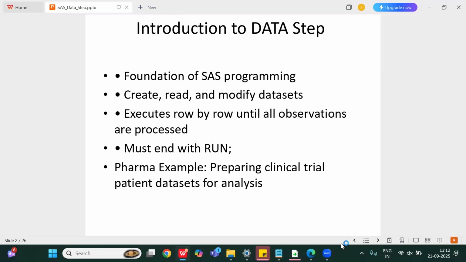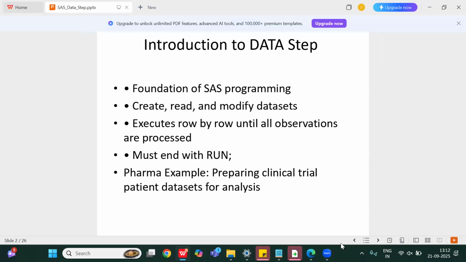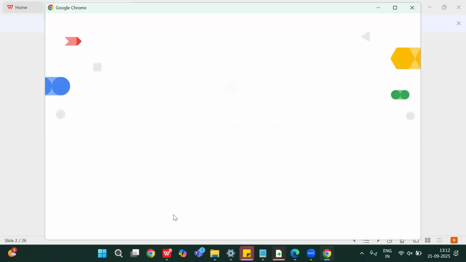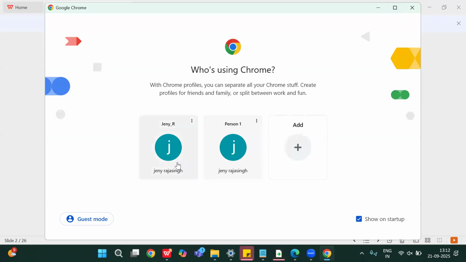First we will see about the data step. What does data step mean? I will open my SAS software and then, in parallel, I will explain the